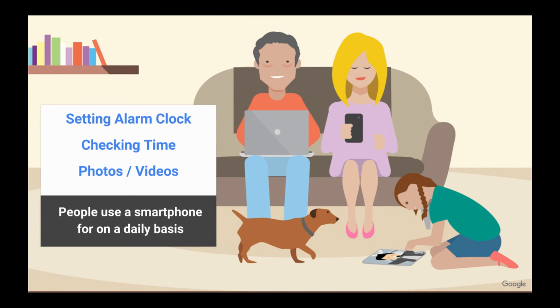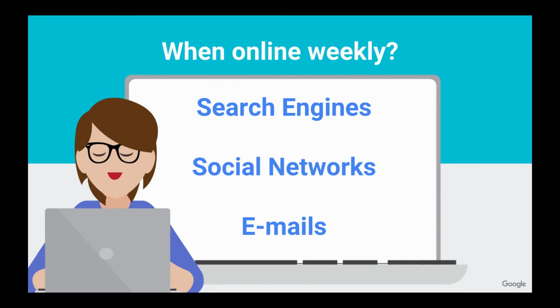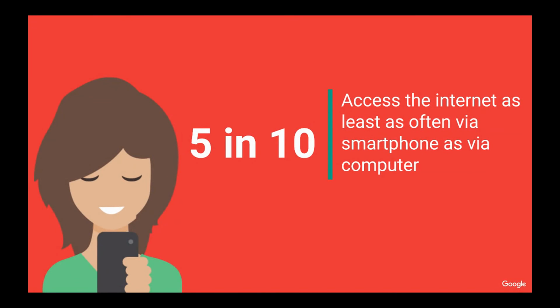Setting an alarm clock, checking the time, and taking photos and videos are really the top 3 things people use a smartphone for on a daily basis. However, when they are connected online, browsing the web using a search engine, checking social networks and emails are the top 3 things people are engaged in. And while being engaged in those activities, a very interesting fact is that 5 in 10 people actually access the internet as often via